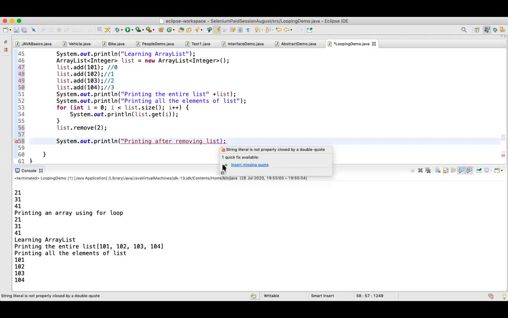So I'll say printing after removing value 103 from the list. And I'll simply print my list.